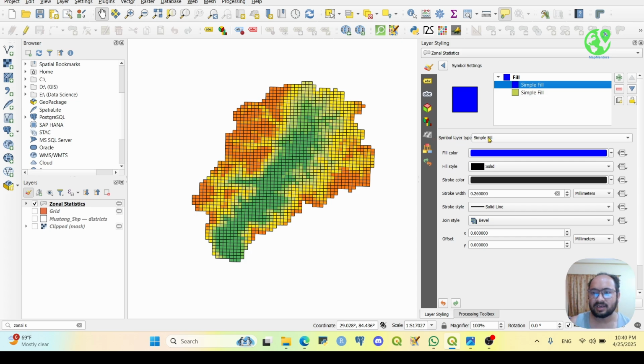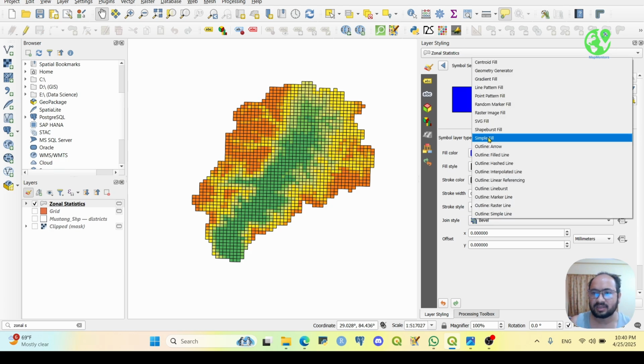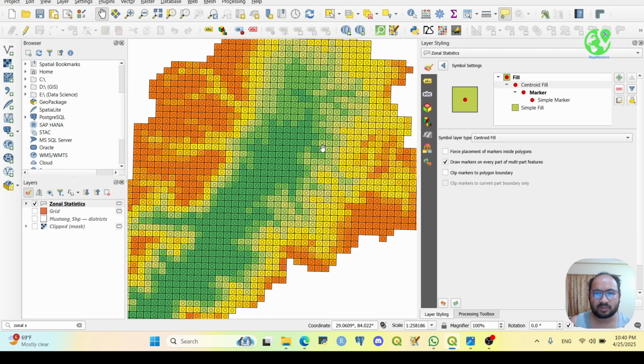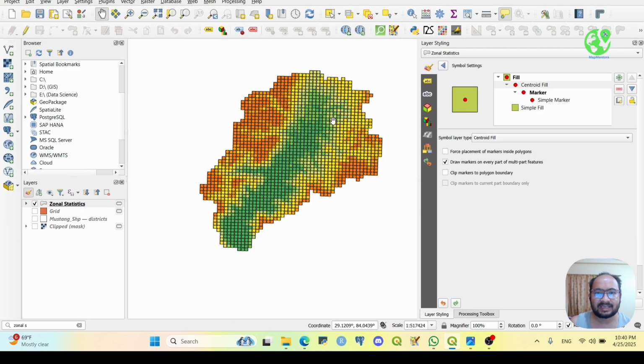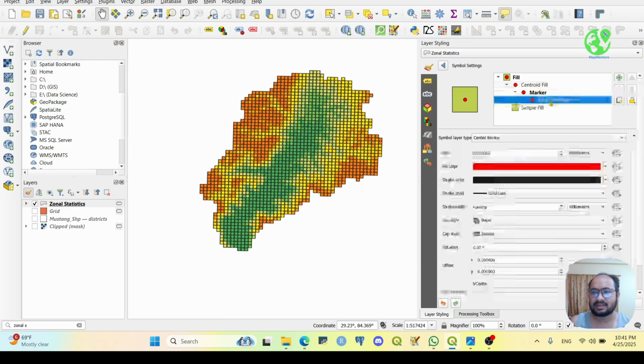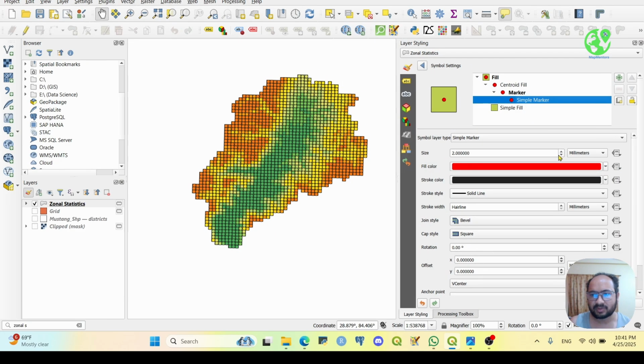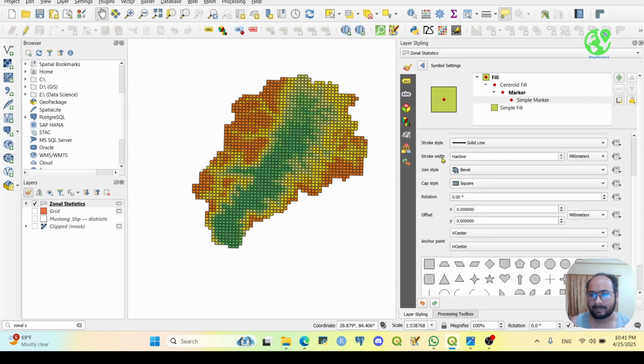From the symbol layer type, we are going to convert this polygon or maybe this square box into the centroid fill, right? So it is going to create the centroid inside each pixel. So you see, it looks pretty cool. From the centroid fill and in the simple marker, we're going to change some parameters here. Maybe we are going to reduce this size to 1.4, right? And